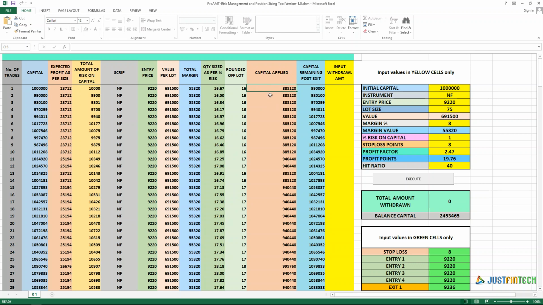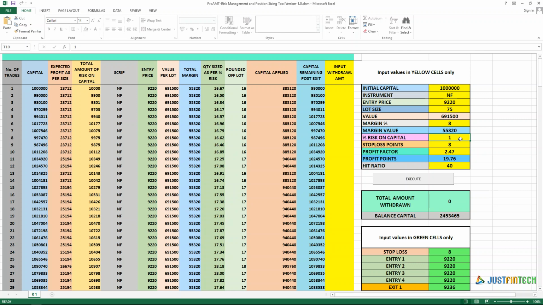Also, we need to be careful that this capital applied should not exceed the capital available, and try to keep it as much as possible 10% below the available capital, because if you are taking a 1% risk, try to keep it 10% lower. If you are taking 2% risk, try to keep it 20% lower,